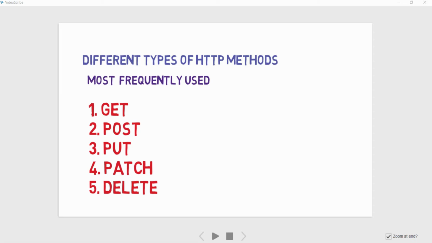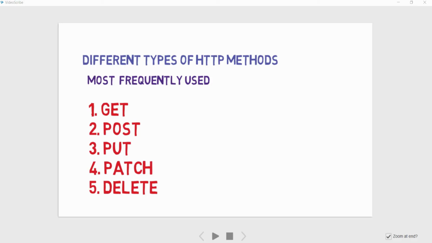In this video, my dear friends, we'll mainly focus on the most frequently used HTTP methods. And in our Spring Boot application, we will be implementing each one of these HTTP methods. These are very easy, like we have already implemented one GET request. Similarly, we will be implementing all of the other request types.